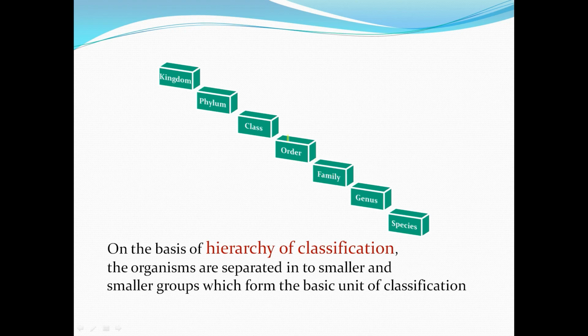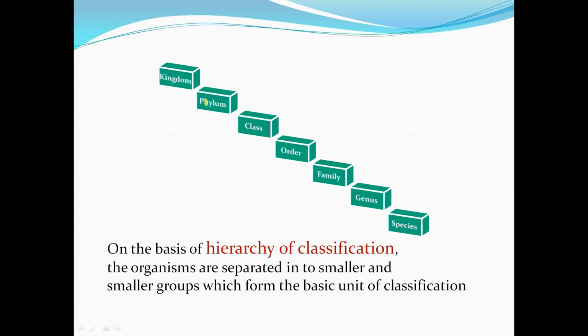The next thing is order. A number of related families having common characters are placed in an order. Example for which is monkeys, baboons, apes and man. Although they belong to different families, they are all placed under the same order, primates, since all these organisms possess some common features. Similarly, related and similar orders together form the class. So orders of different animals like rat, rabbit, bat, whales, chimpanzee and humans, since they have some common features, are all placed under the class Mammalia.